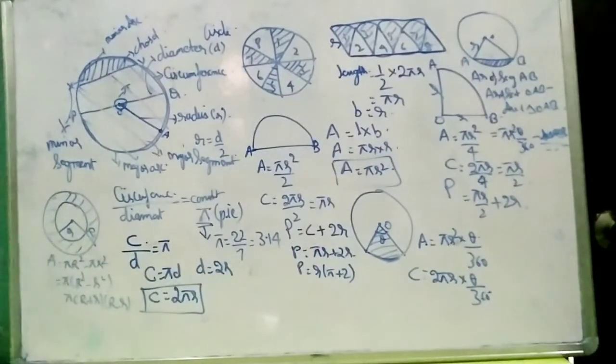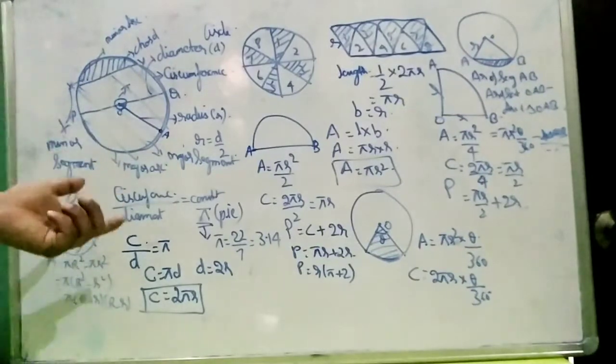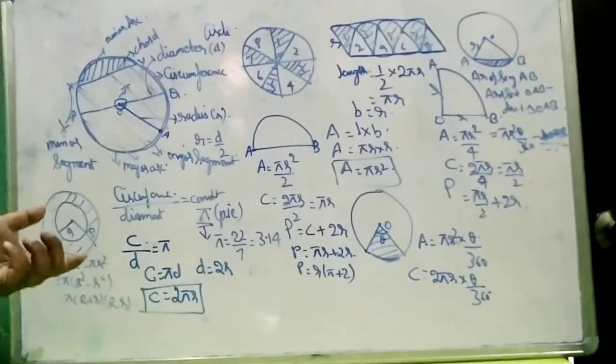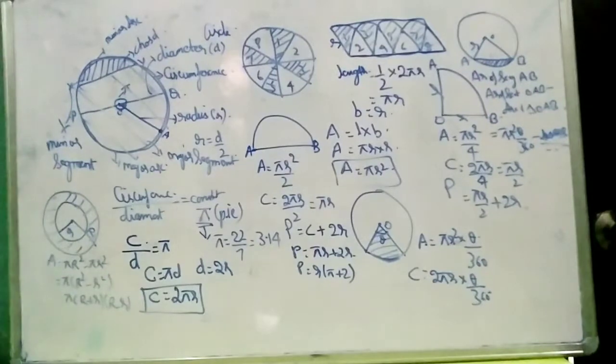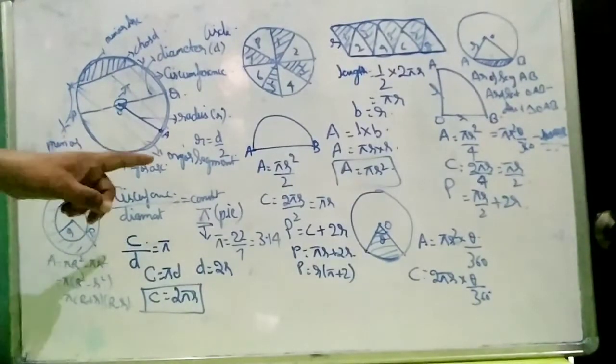Now there will be several sums in which you will see a combination of the areas which we have done before: a circle in a rectangle, a circle in a square, a circle in a trapezium, a circle in a parallelogram. So what you have to use is both the formulas of the quadrilaterals as well as these to solve the sum.